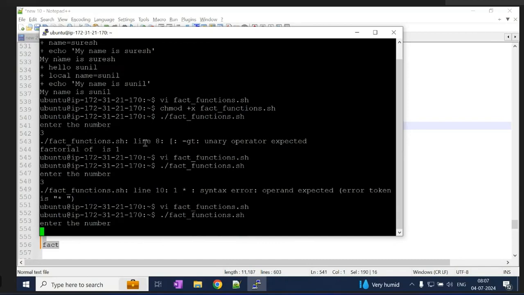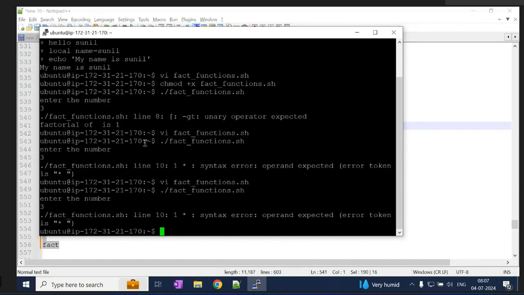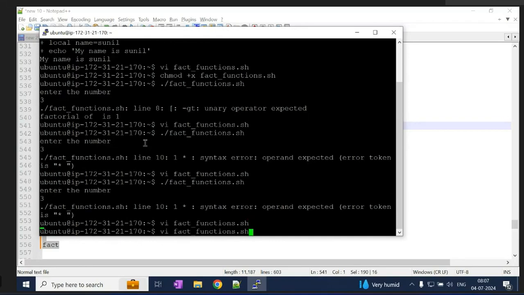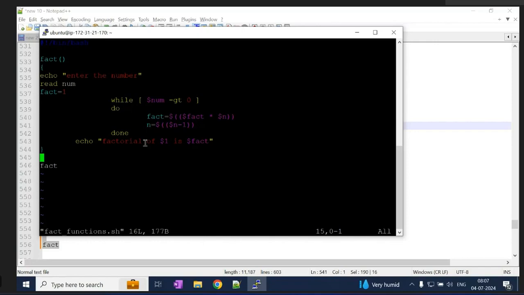So now let's say 3. 1 into star. So I changed it here.